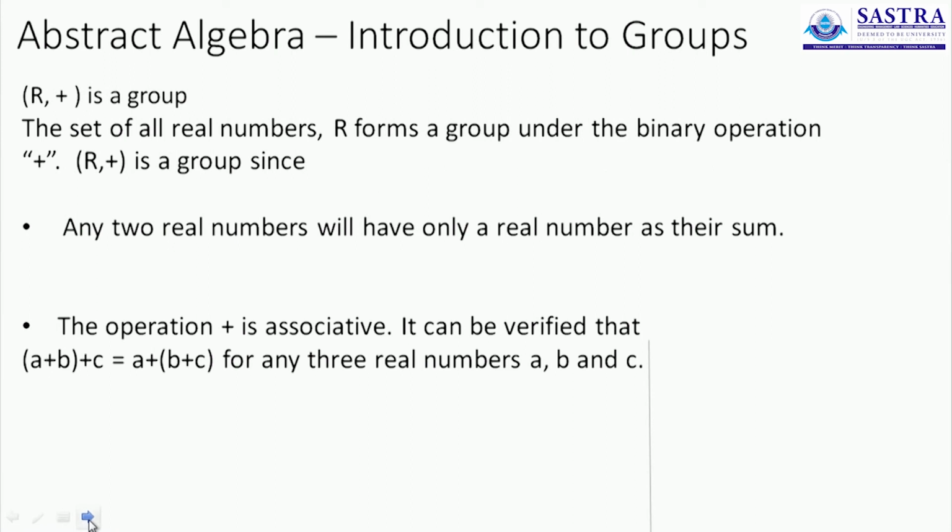However, when you consider the set of all real numbers and change the operation to addition, you can very well observe that it will form a group, because you are only adding 2 real numbers. Addition of 2 real numbers can never yield us an imaginary number. Therefore, A plus B will always be part of the set, and therefore the set is closed under addition. And we have already verified more than once that the operation addition is associative. You don't have to worry about that. Now 2 of the 4 conditions are met.